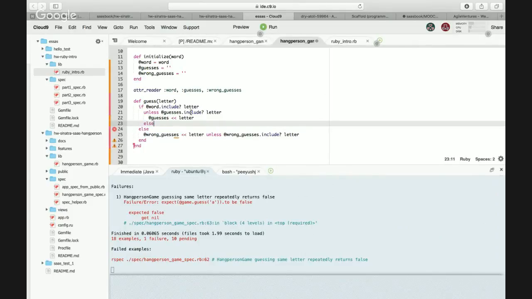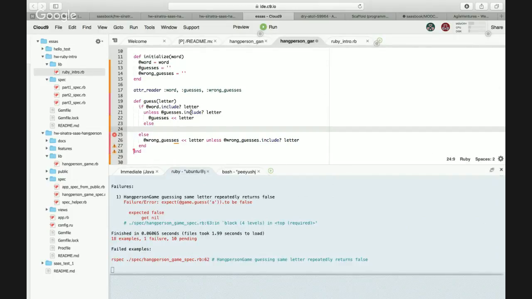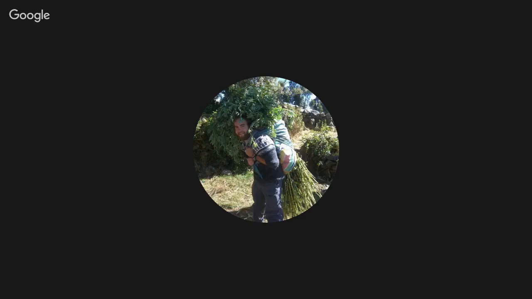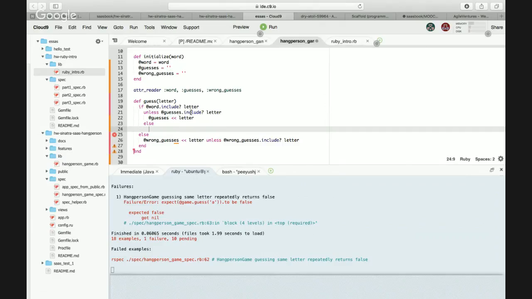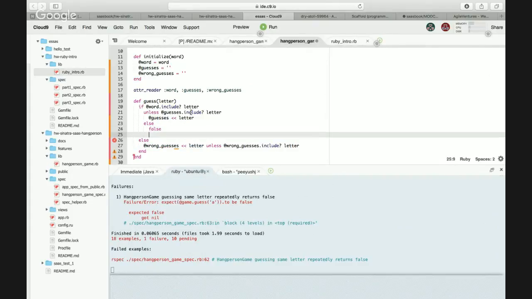I'm nesting unless with else. Unless it includes the letter, then you add it. Otherwise, it will return false. Okay, let's see if that works.